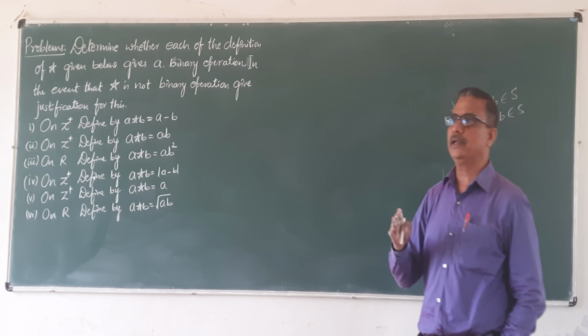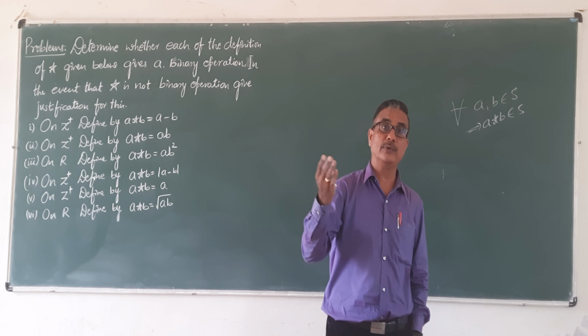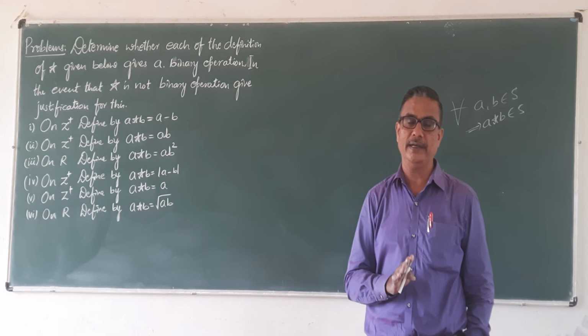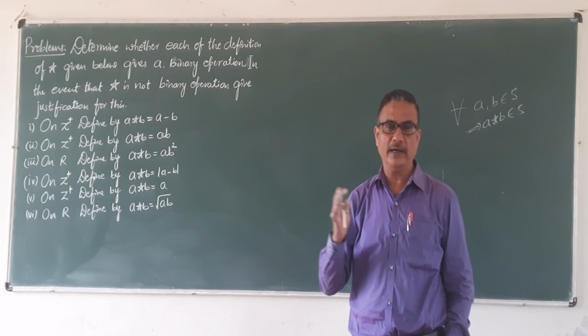For all a belonging to set S, there exists its inverse, that is a inverse belonging to S, such that a star a inverse is the same as a inverse star a, which is equal to the identity e. Again note that in addition, the inverse element is the negative of the given element, whereas in multiplication, the inverse element is the reciprocal of the given element. If element a is given, its inverse in multiplication is 1 by a.